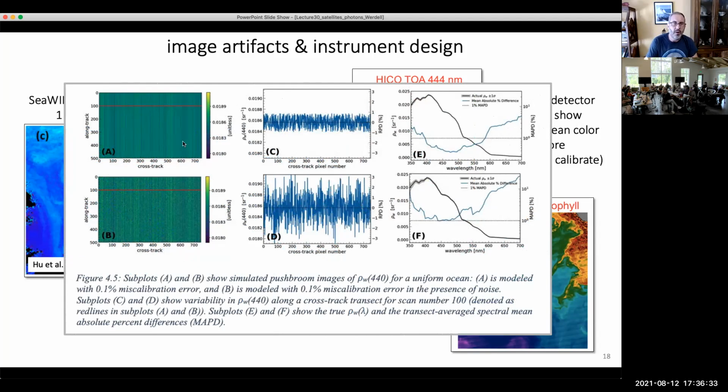This top row is basically a simulation of a push broom image for a uniform ocean with just a small 0.1% miscalibration error, which is not so bad actually, but you can see the stripes that would be realized, and they're fairly realistic. And if you look at this transect at pixel number 100, you can see that in the water leaving reflectance at 400 nanometers, there is